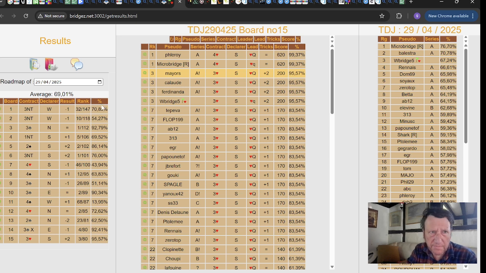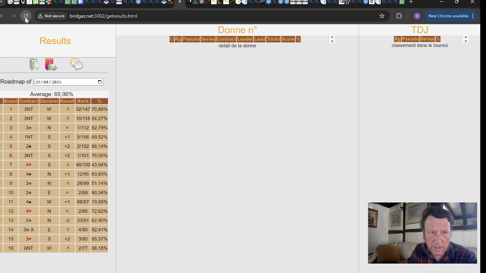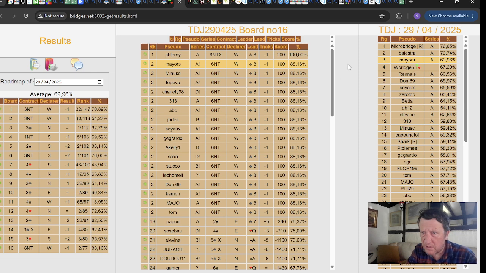So let's see, final percentage. Last hand, isn't there. 70%. We are third. So just looking through. We had our best boards, board 3,